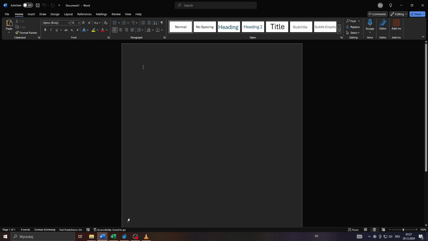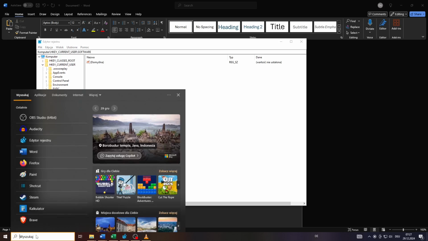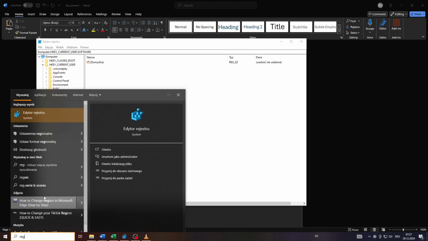So what you want to do, guys, is if you're on Windows 10 or 11, use the search bar here in the bottom left corner and search for the registry editor for your computer or operating system. You will find it if you type in, for example, reg, so start it or launch it, and here in